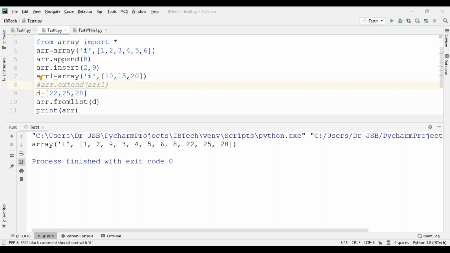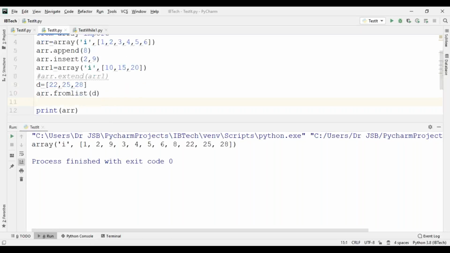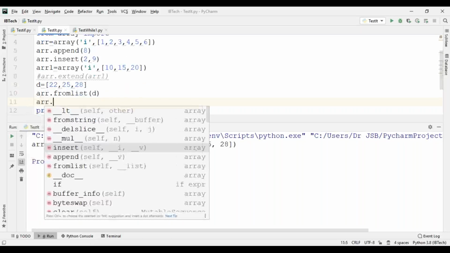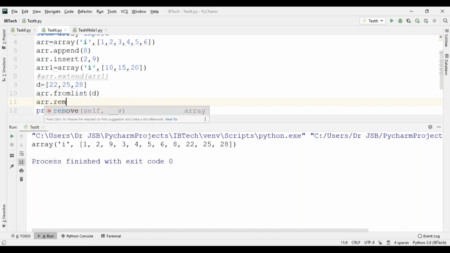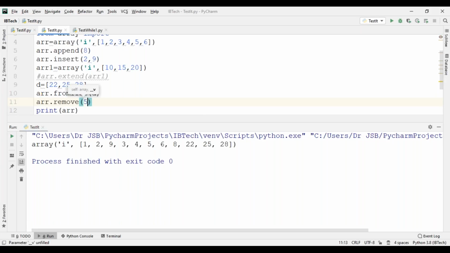Now, remove an array element using the remove method. How can you remove? See now, simple: arr.remove, whichever element you want to remove from the given list, for example 5.